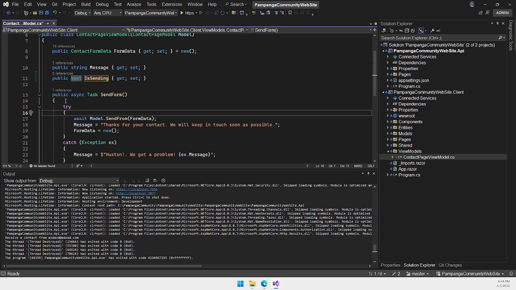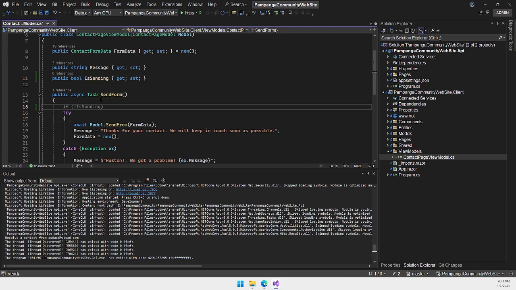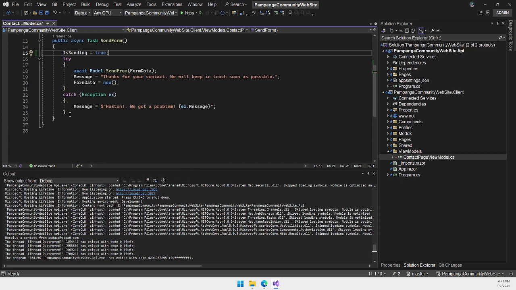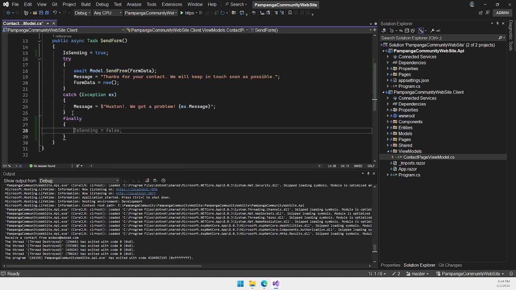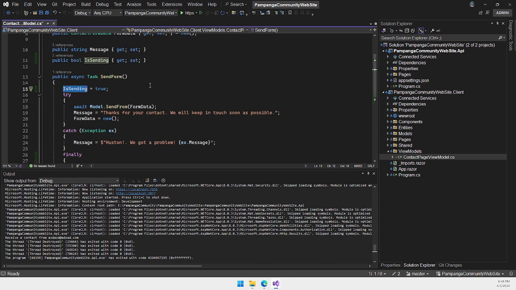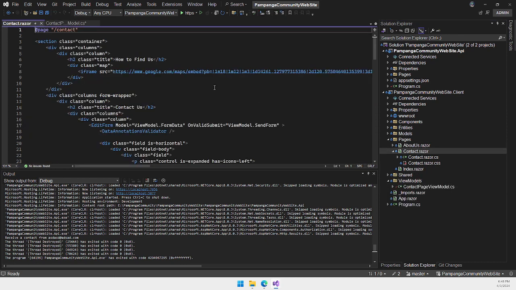Then before, we're going to put IsSending equal true, and then we're going to use again the finally, and then IsSending equal false. Okay, with this action, my page can know when it is sending or not. Where am I going to use this one? In my page, in my contact,